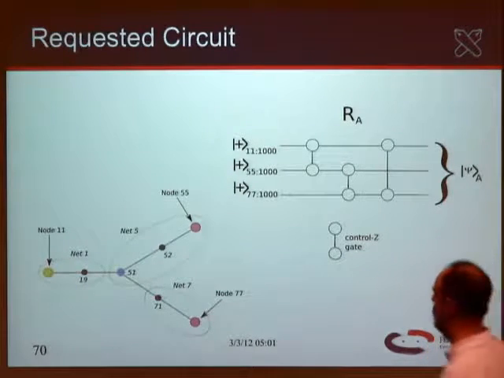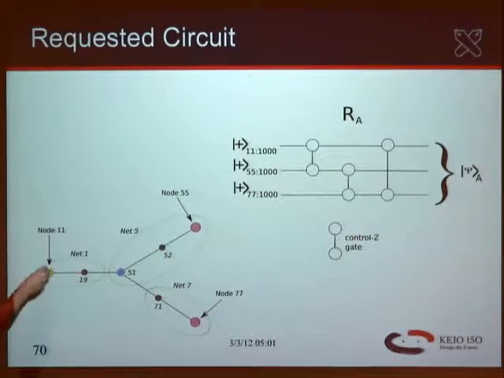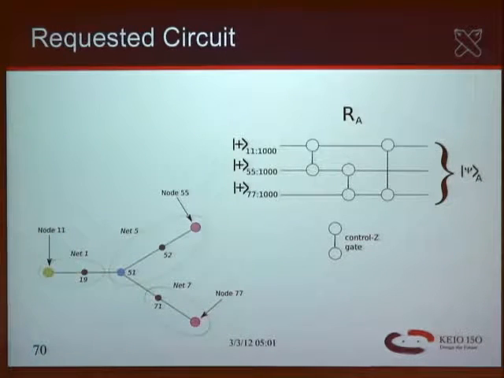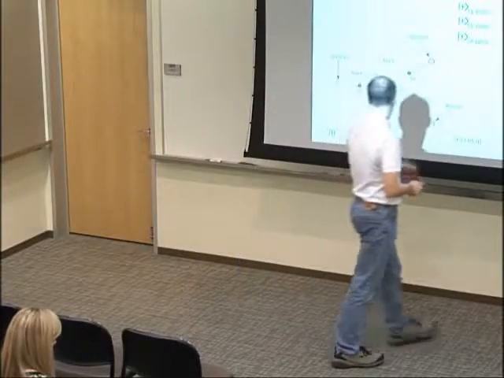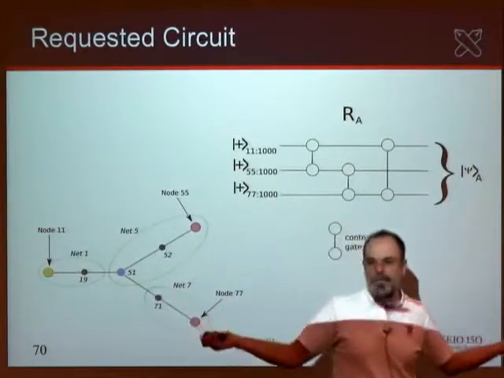One way to do it would be to create this 3-qubit state, all of it here at node 11. This is the guy who's essentially controlling your distributed application. You can create them all here, and then teleport 2 of the qubits from where you are to the far ends of the network over top of Bell pairs. Is that the most efficient way to actually do the overall system? Well, it might actually be better if we started with it in the middle and then spread it out, right? Which of these is more efficient?